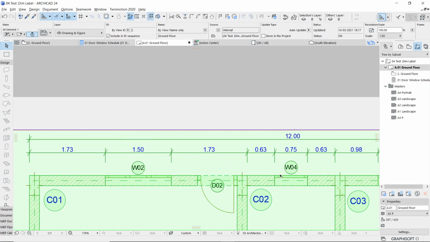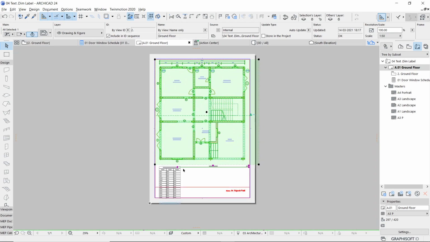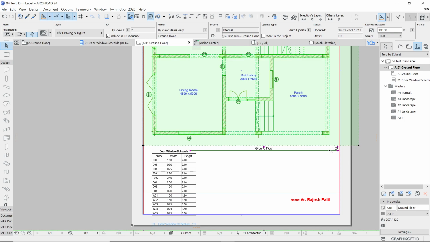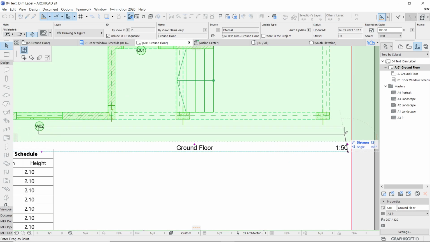You can see now the text is getting displayed clearly. If you want, you can trim down the other sides. Now, this ground floor word, if I want to place it, I just single click on the magenta color node. Once you click on the magenta color node, you can see that there is a move sub element button and there is a stretch button. So I'll use the move sub element. I'll place it somewhere over here.